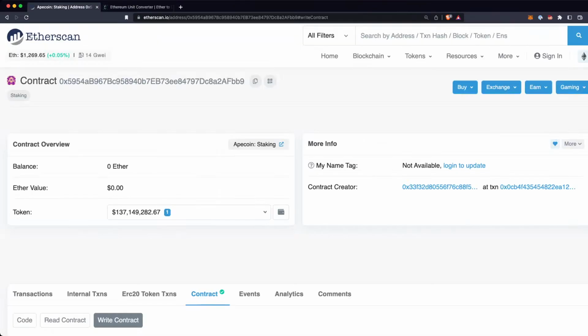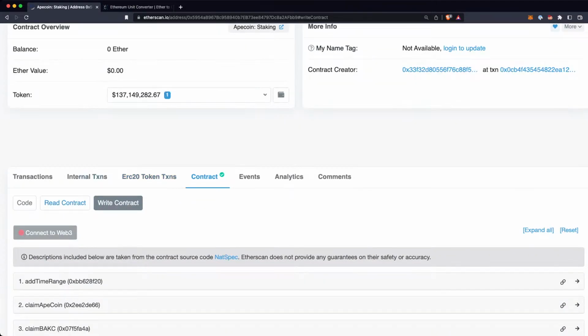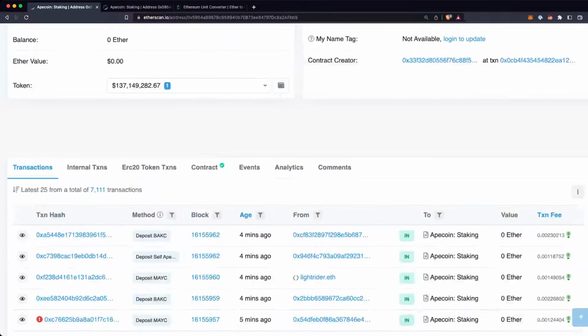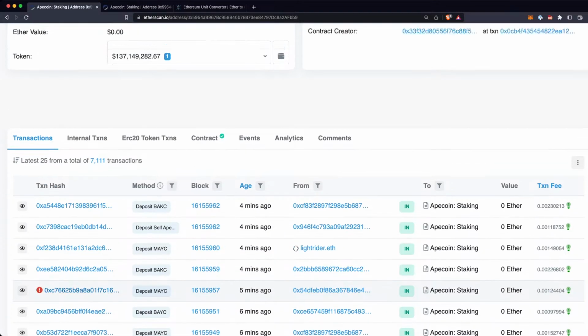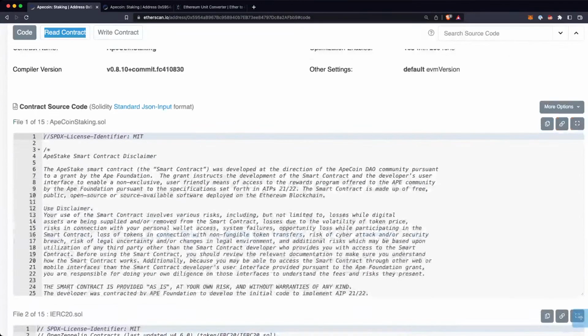And now all I have left is the ApeCoin staking contract. What I'm going to do now is go to read instead. Usually, you see all these transactions and everything here. I could go figure out what this person 5 minutes ago did wrong, and we could try and help them out. Maybe we'll do that later. I'm going to go to contract, read contract, then